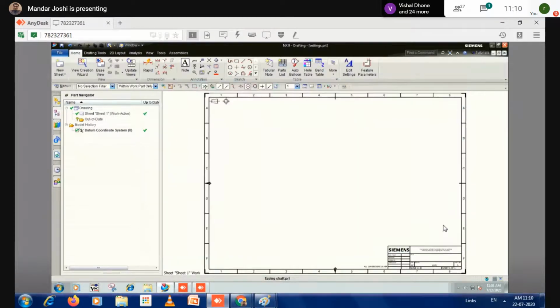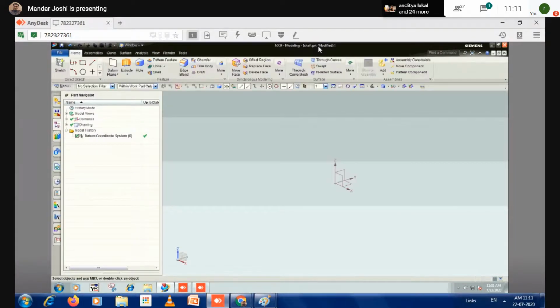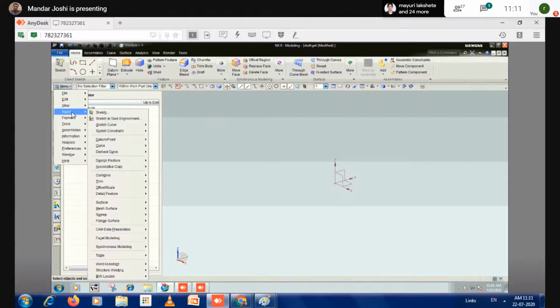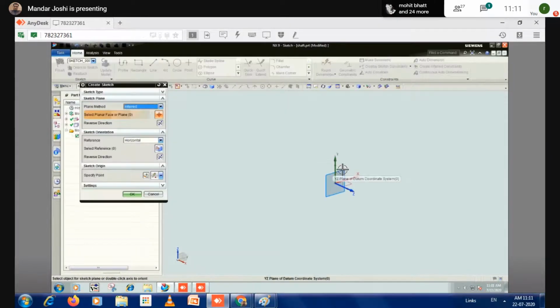Click on OK. This component you shown here, this is indicating the shaft.plt file. Go to the M, press M key. Design the component whatever you want here. So I'm selecting in file, new, menu, insert, sketching task environment. Select this. OK.